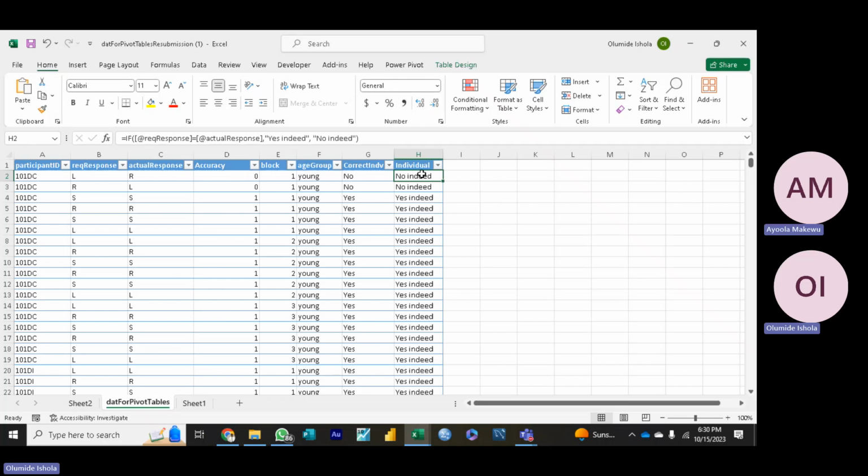In the inverted comma, I'll put No, inverted comma again. Then No, indeed, and put inverted comma again. Close the bracket. Now, before closing the bracket,